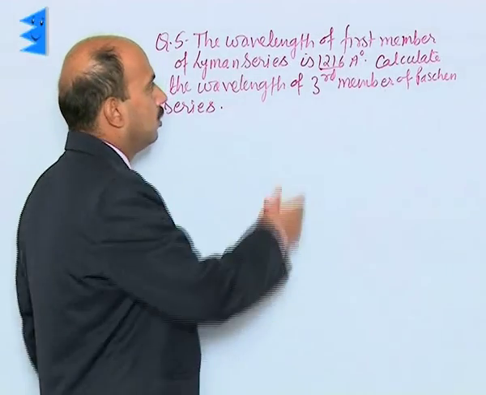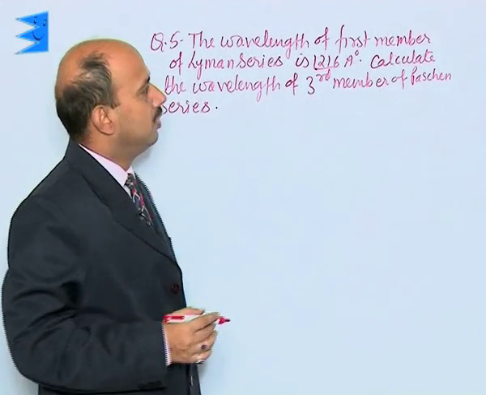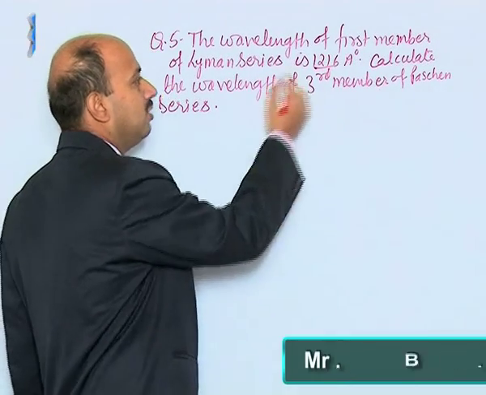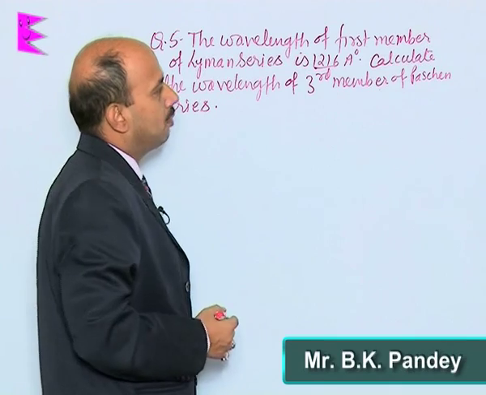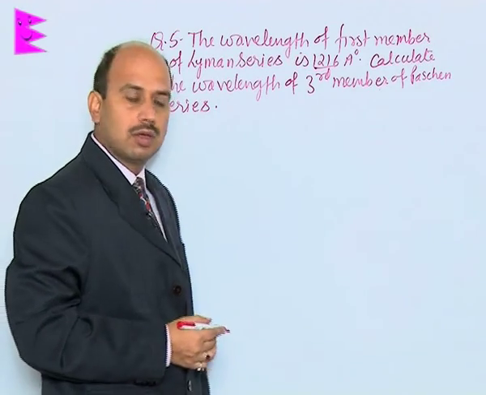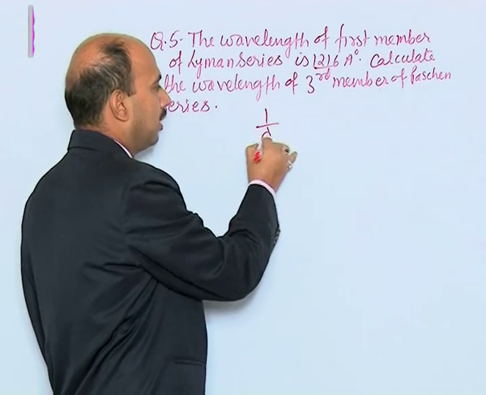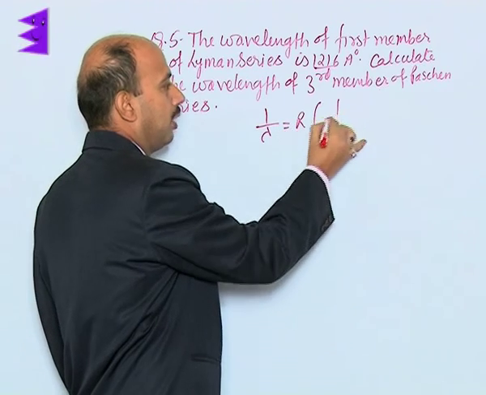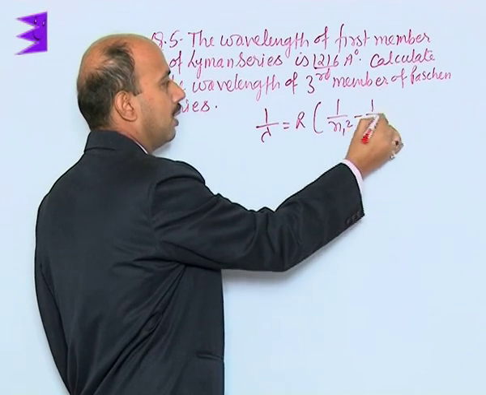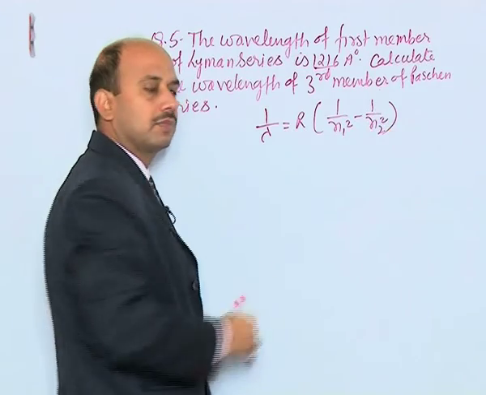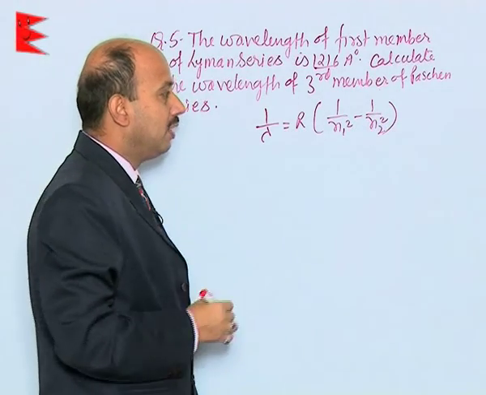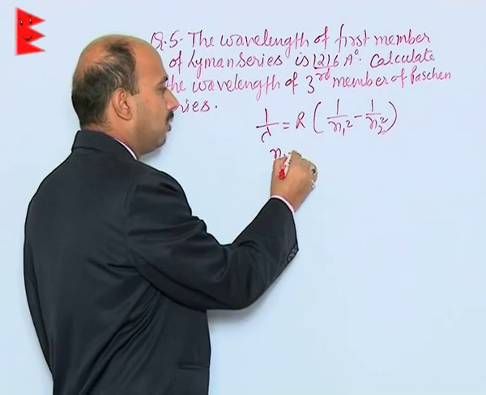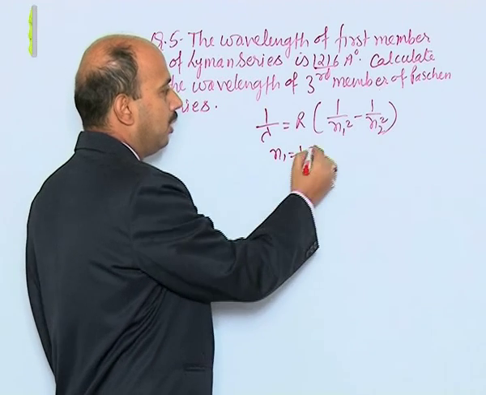Now see here, the wavelength of the first member of the Lyman series is 1216 angstrom. Calculate the wavelength of the third member of the Paschen series. We know in spectral lines, 1/λ = R(1/n1² − 1/n2²). If we are taking the Lyman series, n1 is equal to 1 and n2 is equal to,